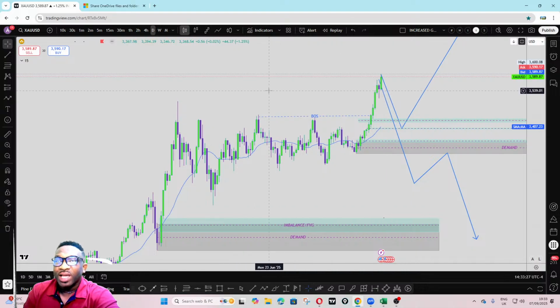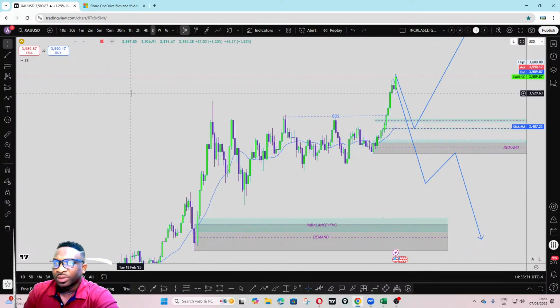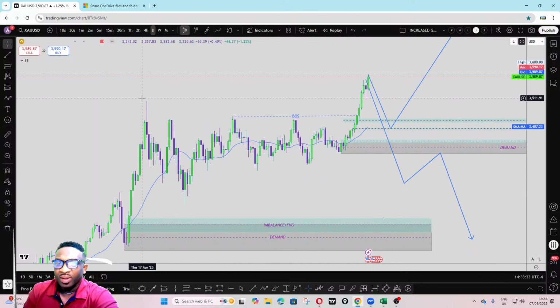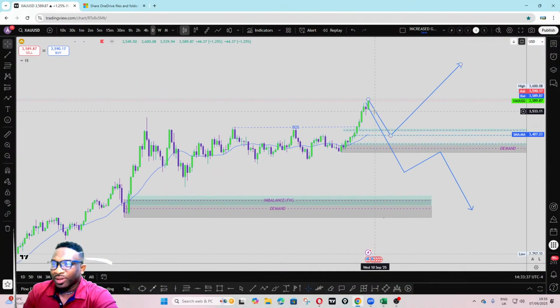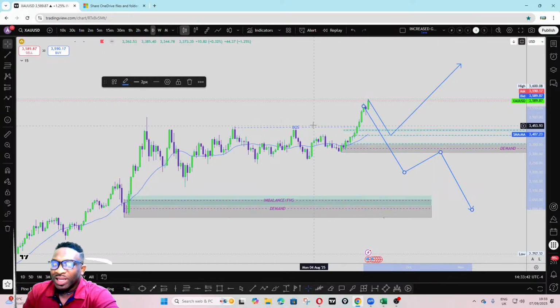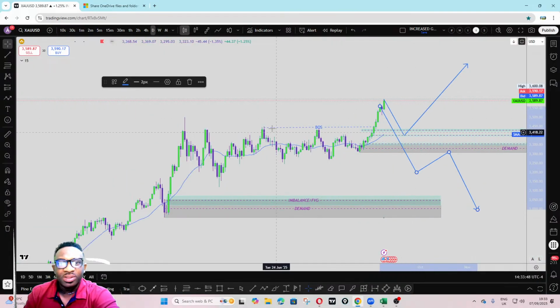Because we have an all-time high, we don't have enough information on the left hand side to give us much more information to make that decision. So we have to look at both sides, what could happen on both sides. So this is on gold,